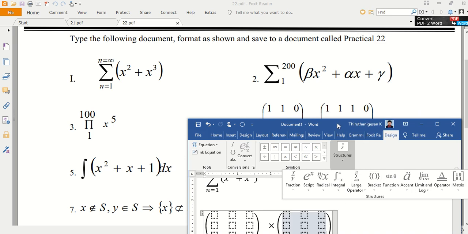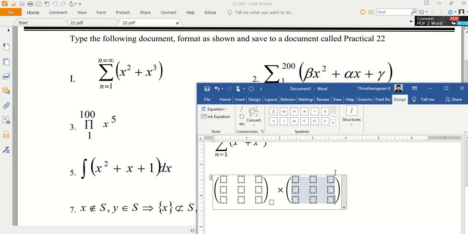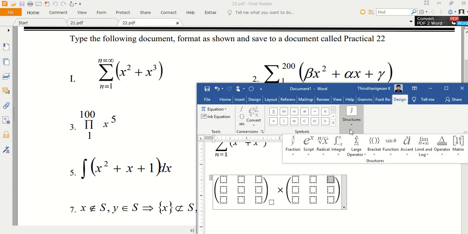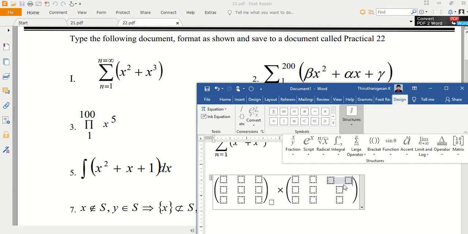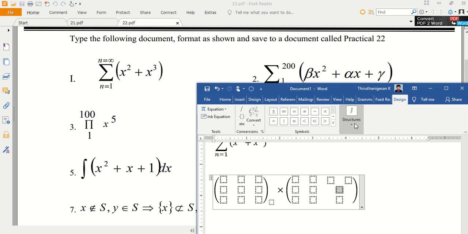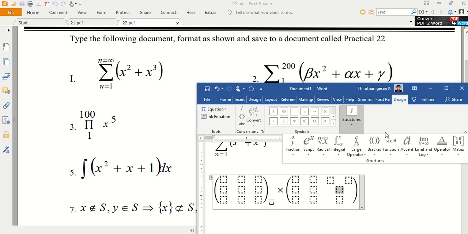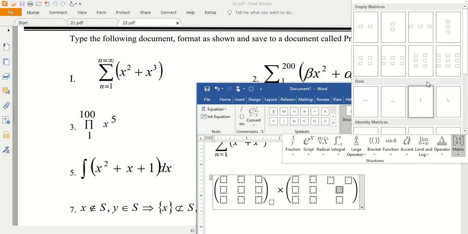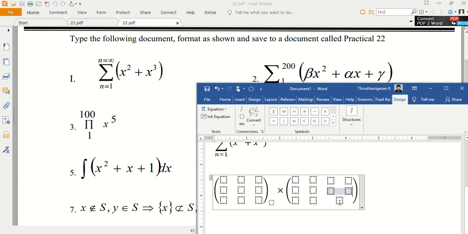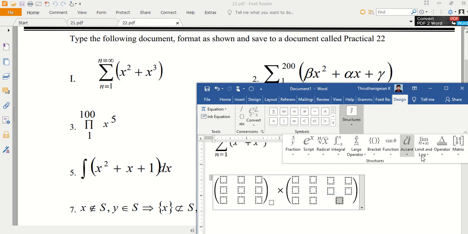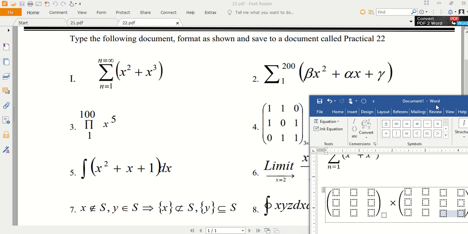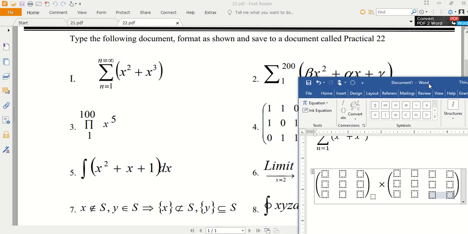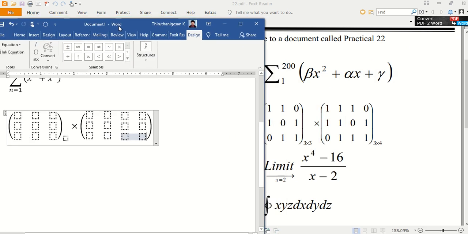Then after that you can add one more column to this matrix and you will get the 3 by 4 matrix. So the template of the matrices we have all created.